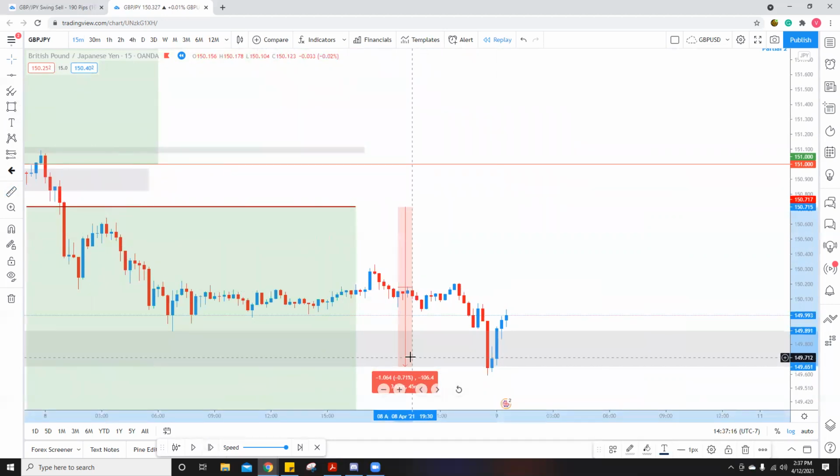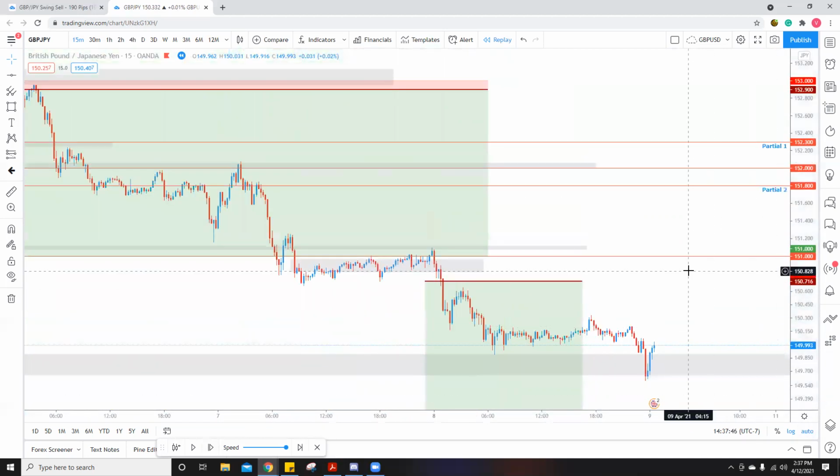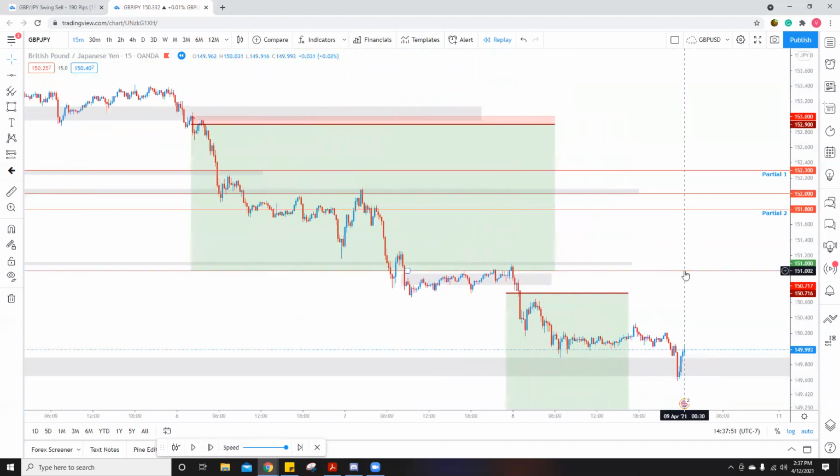So that's how we took advantage as a group of this 300 pip trade, where some people were just managing their own trade according to their risk management, but pretty much everyone took advantage of these entries with us. Everyone took advantage of these sells with us, and we took advantage on average about 280 pips. So my personal trade was 280 pips total. Some people got 300, some people got a little bit less, but as a whole, we pretty much used the same exact analysis that was given out in the weekly outlook, same exact suggestions. We waited for confirmation,